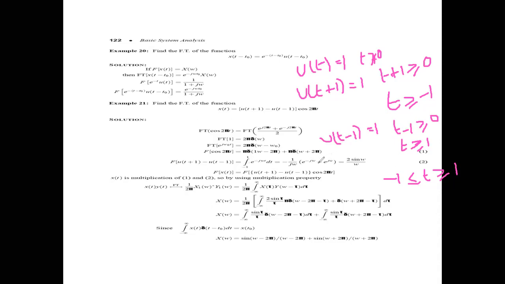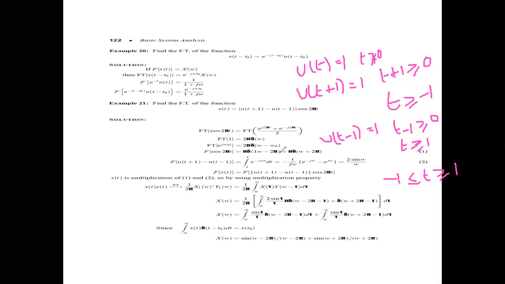So e power minus j omega minus e power plus j omega